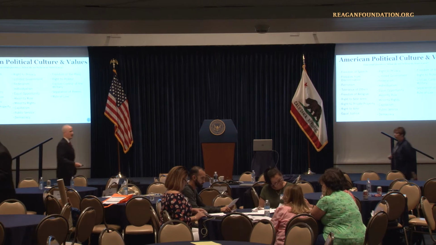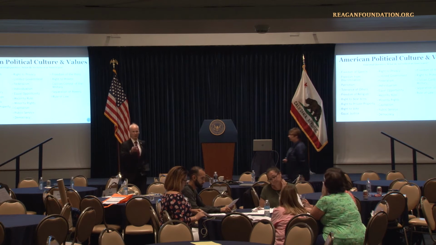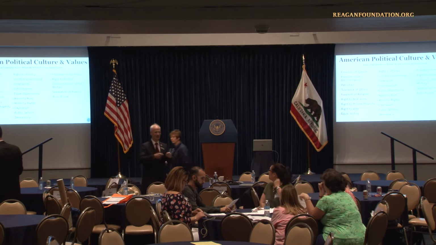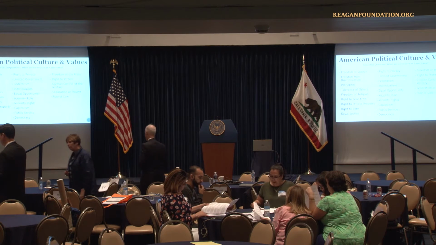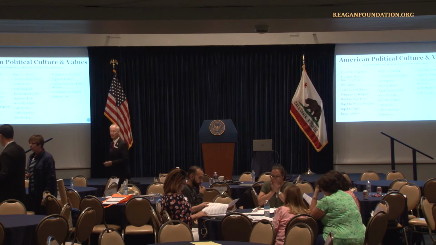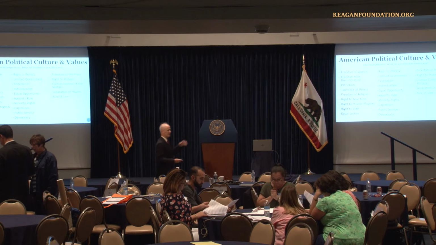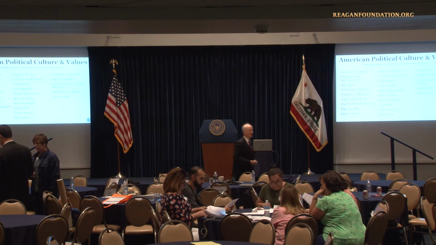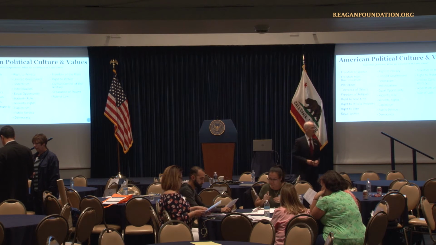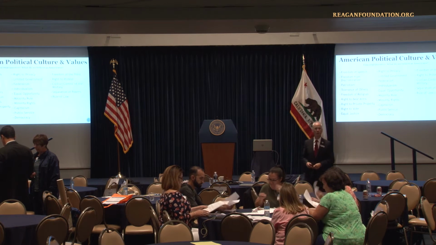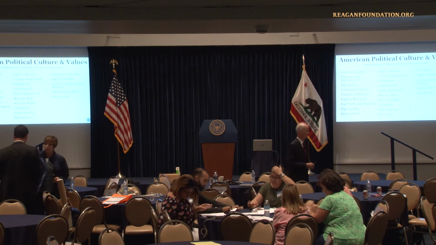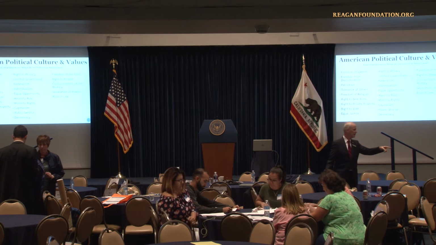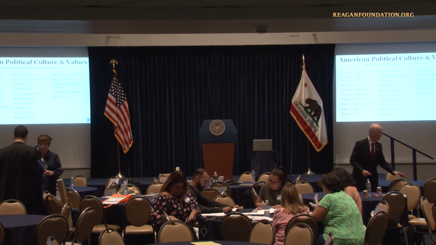So you've got a sheet there that's your little worksheet. So you've got your cards. Now you can have them cut these all up just to make it easier to rack and stack them. But first thing, individually, what I'd like all of you to do is you've got a list up at the top of your one page. Circle the top 10 values that are most important to you individually. What do you think are the most important ones? And it's on your handout sheet, the other one that you should have there.